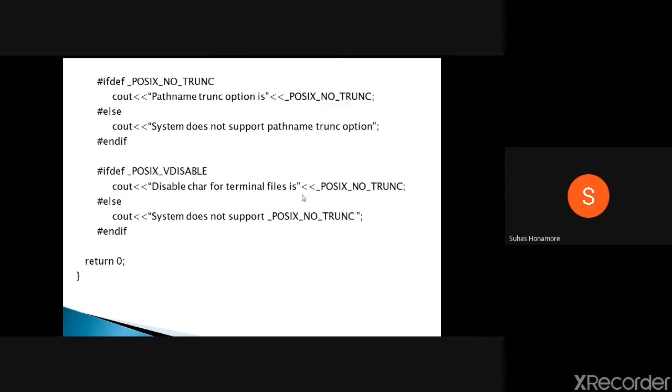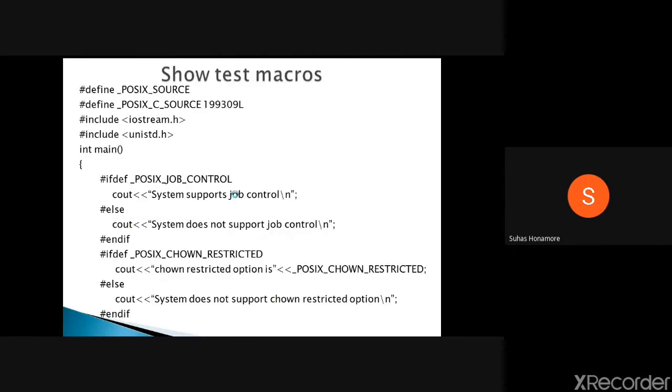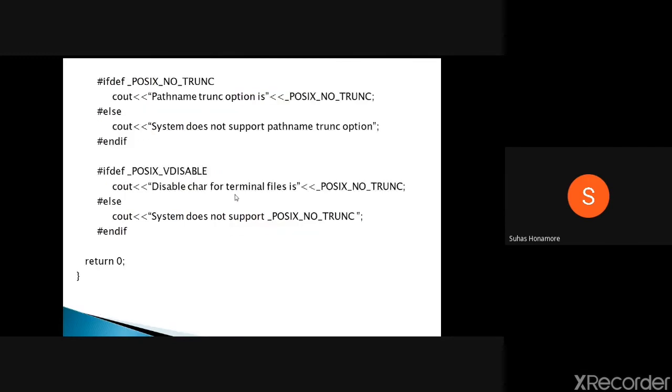We'll show what this path name is immediately. And the same thing for disable: is it defined or not, we print it. If it is defined, then what is that value, is it -1 or not? Because while studying you told us that depending on -1 only, we have some restrictions. If it is not -1, sometimes we will get an error, or different functionality will happen. Other than -1, some different functionality is there, and with -1 some different functionality is there. So like this, some feature test macros are there.